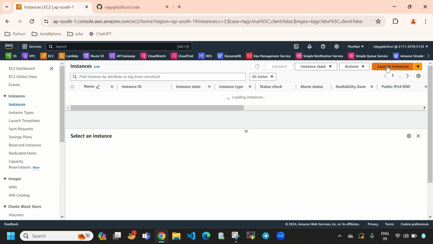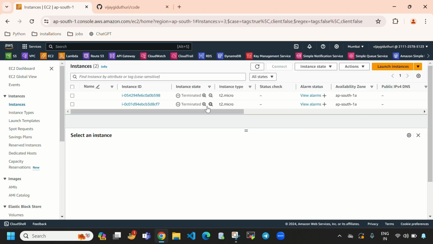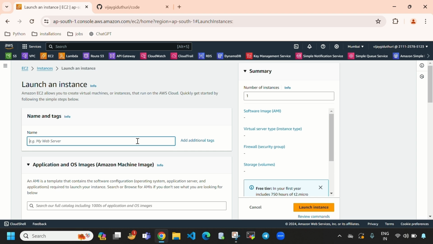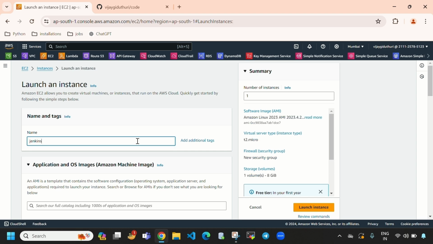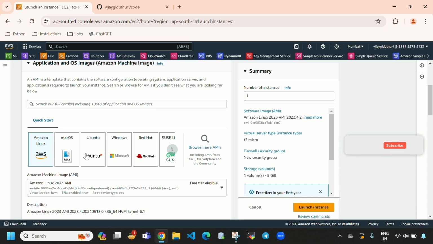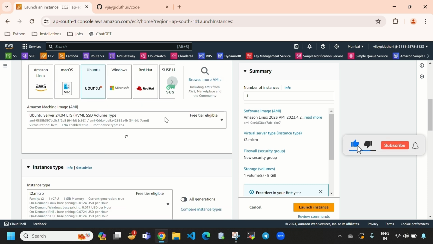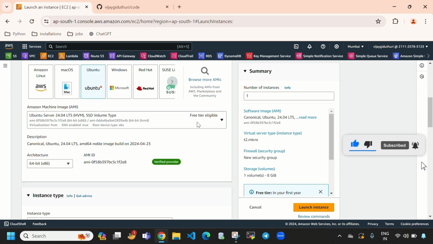and here we need to select launch instance. Right now we don't have any EC2 instance, so I'm going to create a new EC2 instance. I'm going to select launch instance. Here we can give any name for the name. So here I'm providing Jenkins. For the OS I'm going to provide Ubuntu, and here I'm going to select this